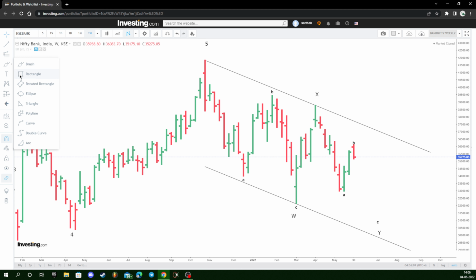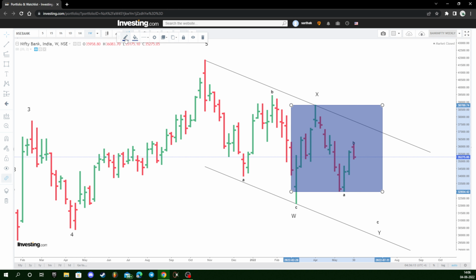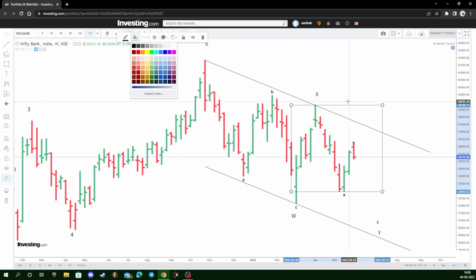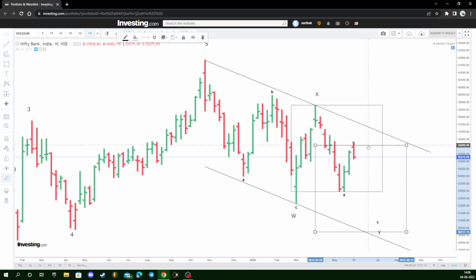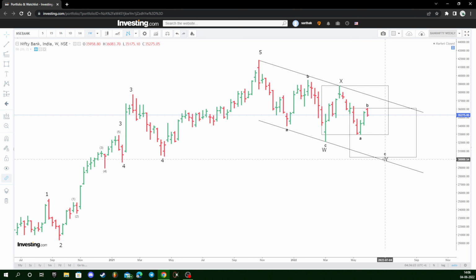So for example, just to show you the perfect levels, if I take the height of the A wave and add that to the B wave, then the downside targets come near 30,000 levels. That is around a 5,000 point cut, and it can happen once we start to slide down and once we see that 5 wave impulsive down move, either on the hourly charts or even on the daily charts. That would make the stage a lot clearer than it is right now.